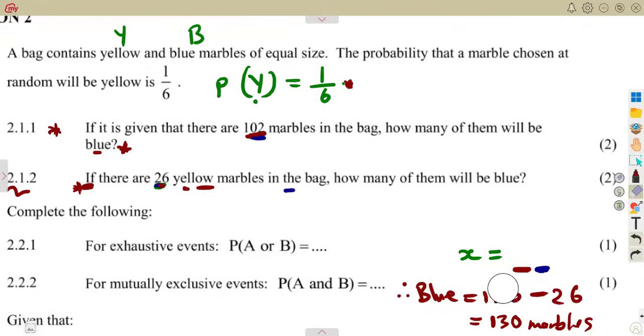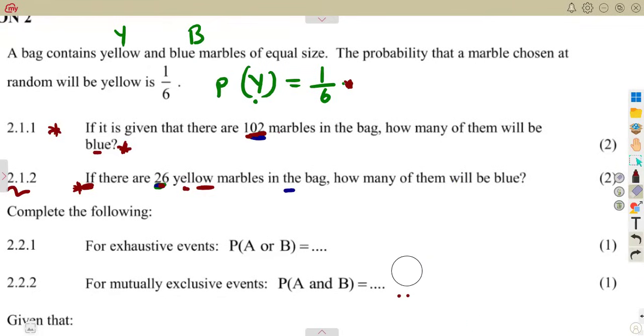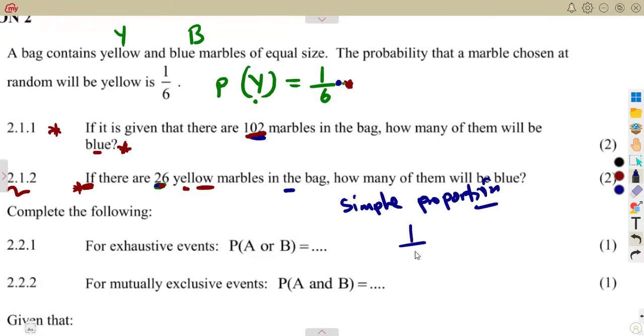Another way that you could have just used here is to apply what? Proportion. From simple proportion, what can happen? Because we have the probability there. The probability of yellow, which is 1 over 6, we have got its answer. There are 26 which are yellow. So 1 over 6, if it is equal to 26,